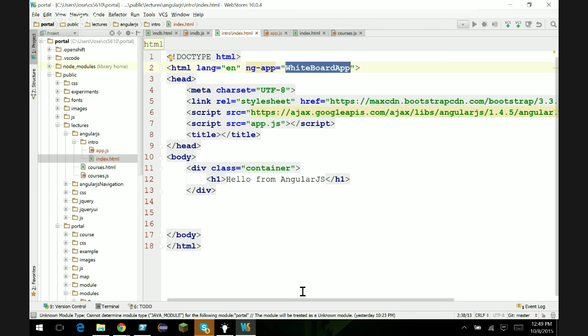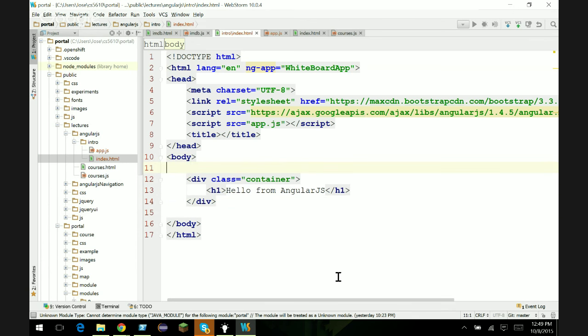In our index page now, we're going to declare that we want our application to do something with our HTML. The way this works is that you have to marry what the view is with the controller. If you remember in the MVC, the controller controls what the view is going to render. So we have to somehow marry these two things. What is the view, and who's the controller that is responsible for that particular view? So to do this,